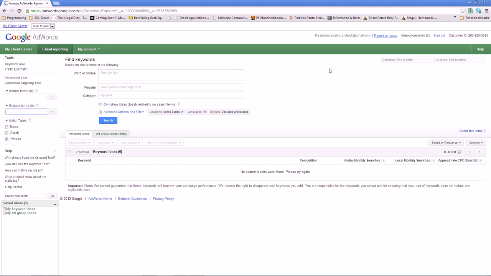Another important point is to exclude terms. So let's say, again, in this example, that I'm an auto repair shop, but I don't do body work. It's important to add these as exclusions or negatives. This is just going to help us get a greater degree of accuracy to our estimates before we present them to the client. So again, I'm excluding body, I'm excluding paint, and I'm going to exclude some other terms too, like class or course,